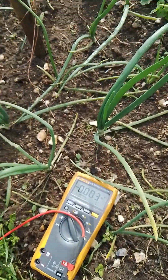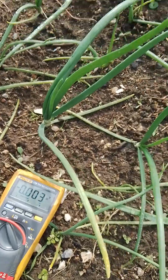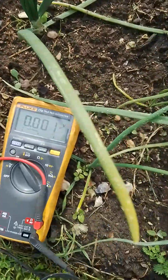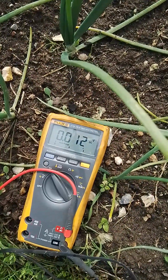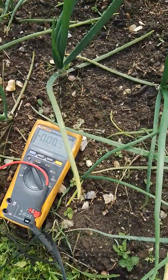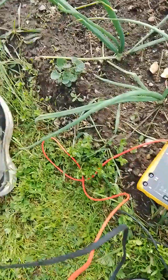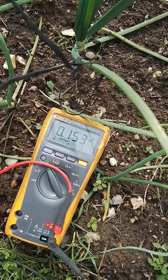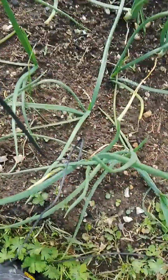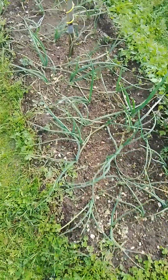Alright, let's just get this right. These are Japanese onions, by the way, guys, and they're pretty hardy. Right, that's about 75 centimeters away from our aerial top, and we're still getting 152. Okay, even further away, right, 152 roughly again. So I think it is working, although I wouldn't say I've seen any increase in sizes